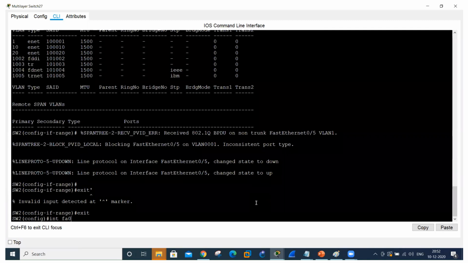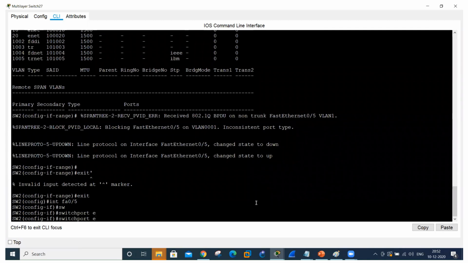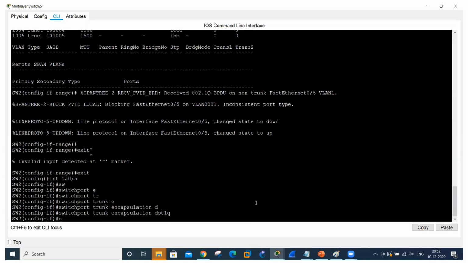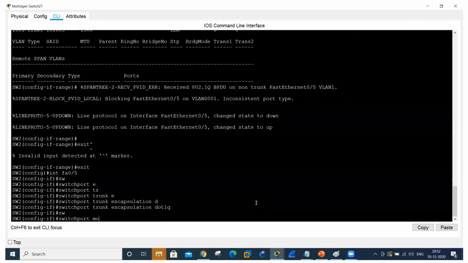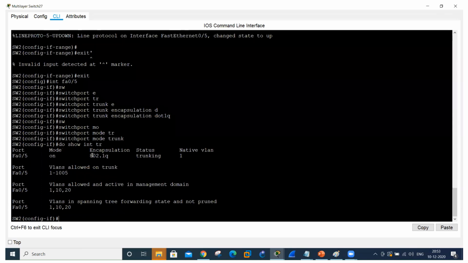So on FS05, I will say switchport trunk encapsulation dot1q, and switchport mode trunk. Okay, and I will confirm that. Do show interface trunk, and you will see again 802.1Q is there, and the trunking is happening on FS05, and you will see your VLAN 1, 10, and 20